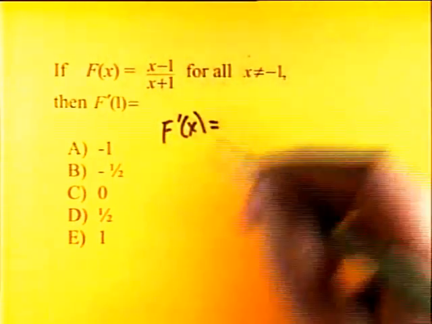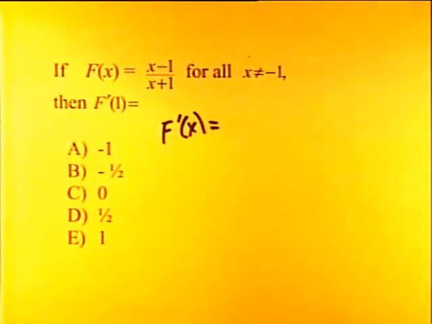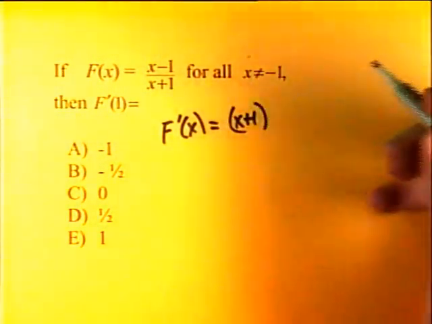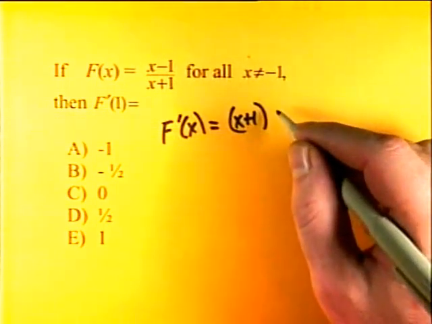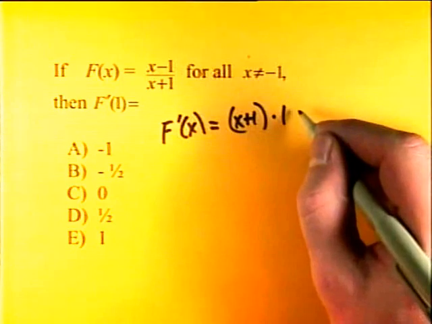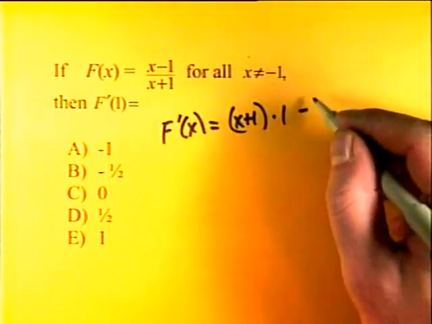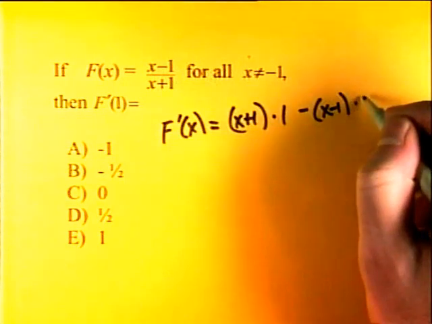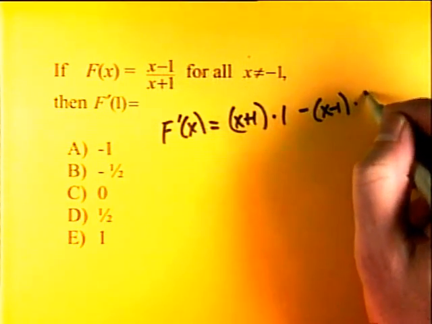It's the denominator times the derivative of the numerator. What's the derivative of the numerator? 1. Okay, so times 1, minus the numerator, which is x minus 1, times the derivative of the denominator, which is 1,